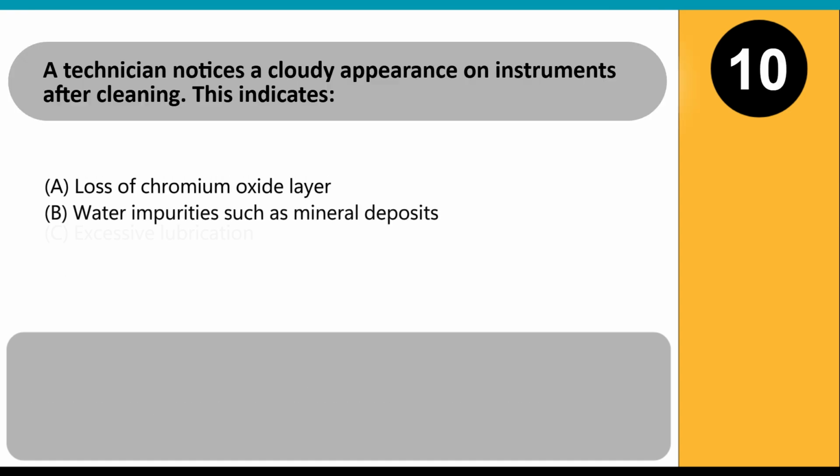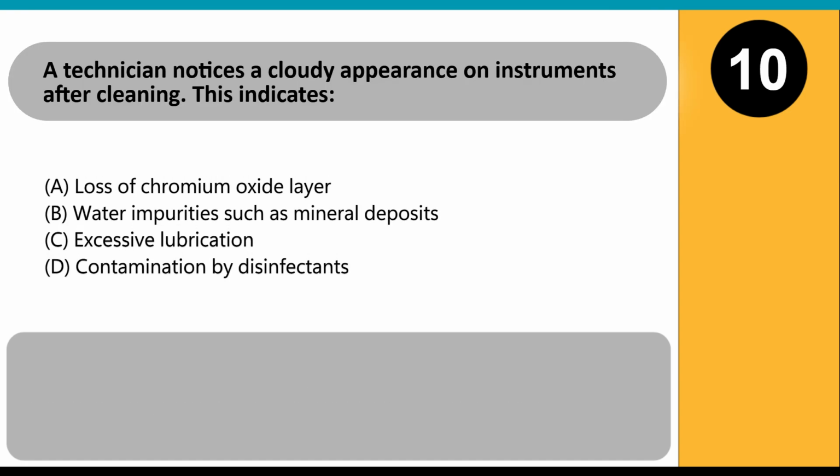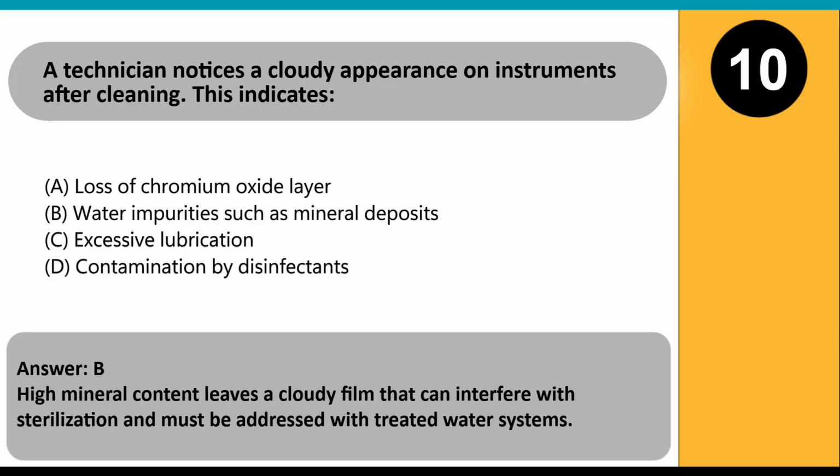A technician notices a cloudy appearance on instruments after cleaning. This indicates A. Loss of chromium oxide layer. B. Water impurities such as mineral deposits. C. Excessive lubrication. D. Contamination by disinfectants. Answer: B. High mineral content leaves a cloudy film that can interfere with sterilization and must be addressed with treated